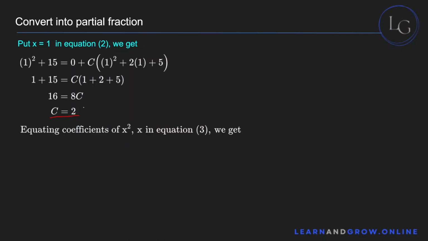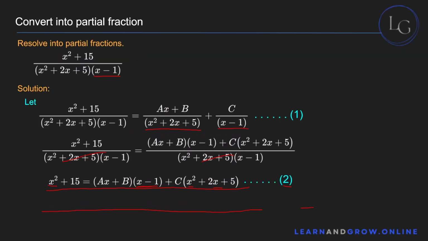Now, we'll equate the coefficients of x squared and x on the left hand side and the right hand side. So we'll use equation number 3. So how will we go about this? Well, as you remember, look over here. The coefficients of x squared are a and c, and the coefficients of x are a, minus a, b, and plus 2c. So basically, when you simplify this expression on the right hand side, you'll get a plus c into x squared